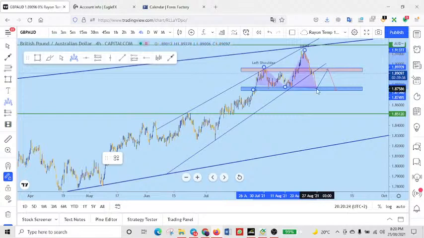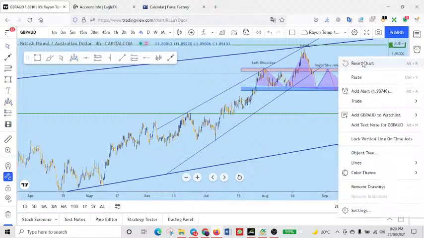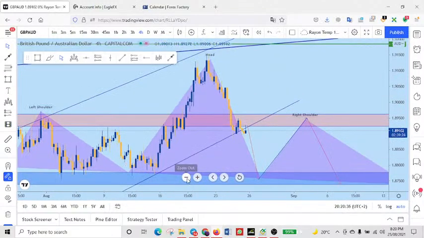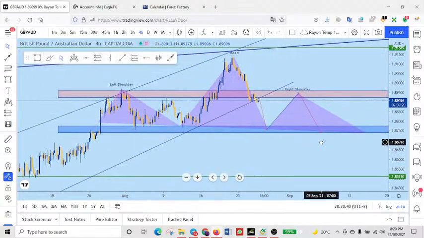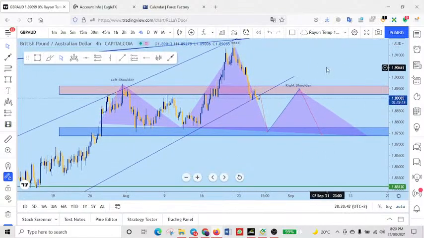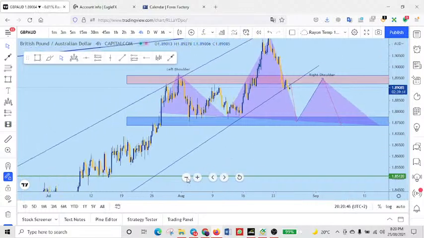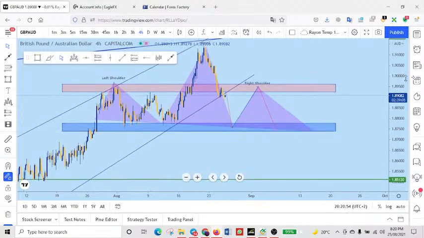This is what I'm talking about. You see, this is what I'm talking about. So this is our prediction for GBPAUD. You see this? This is our prediction for GBPAUD. So now,